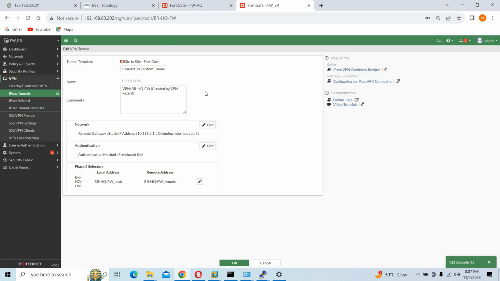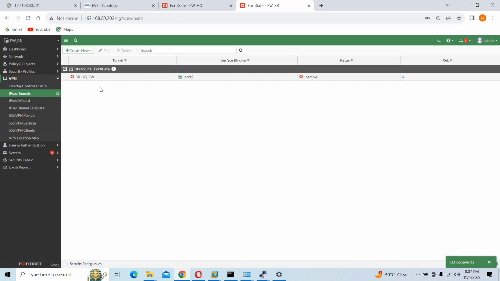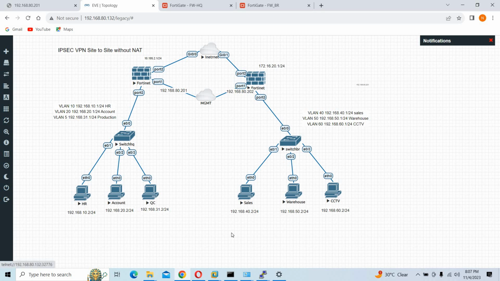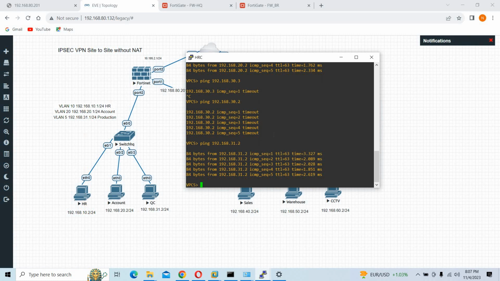So by default, this site-to-site VPN, which is created by this one, will show like that. It will be down. But when we try to ping that one, it will become up. So we will try now to ping from there. We need to ping to all these IPs. So where is our HR computer? Yeah. So what we will do, we will ping